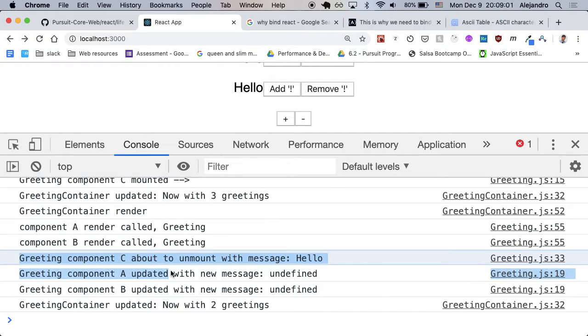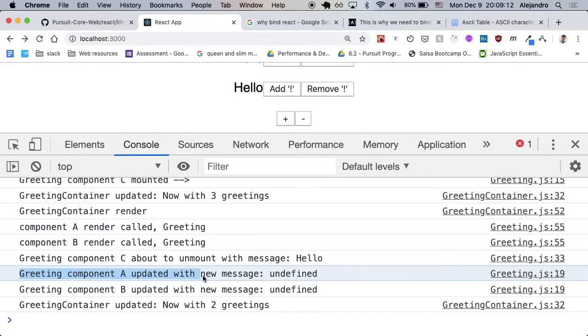Then we see greeting component C about to unmount with message hello. And then we see component A and B being updated. And finally, the greeting container